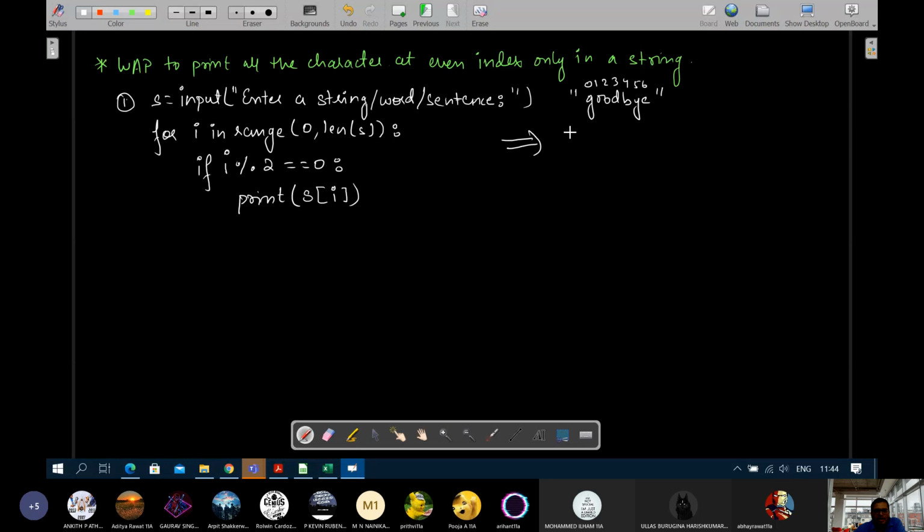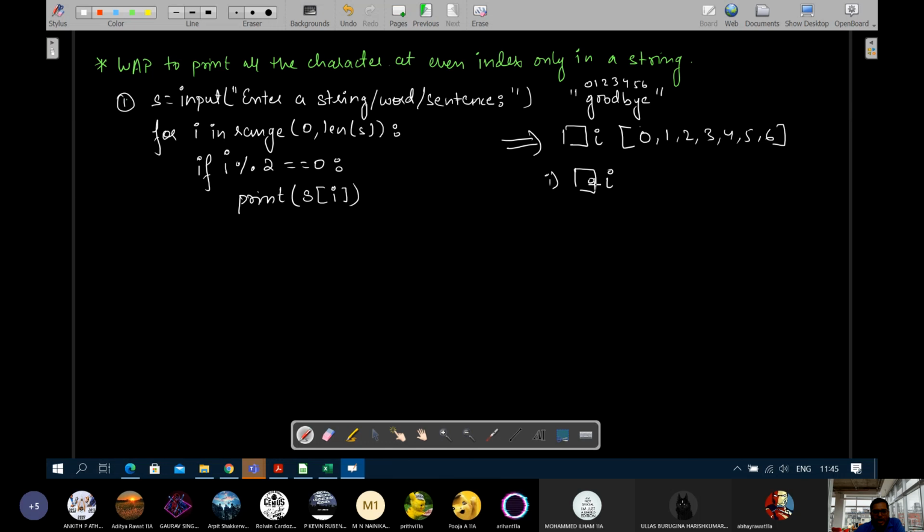Now, here I will take up values one by one from a list generated by range, and that list will be 0 to len of s minus 1. What is the len of s? 7. 7 characters are there. So it will generate values from 0 to 6: 0, 1, 2, 3, 4, 5, and 6. First time, what value will I get? In i, 0 will come the first time.